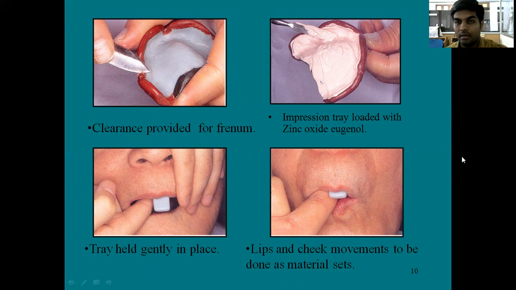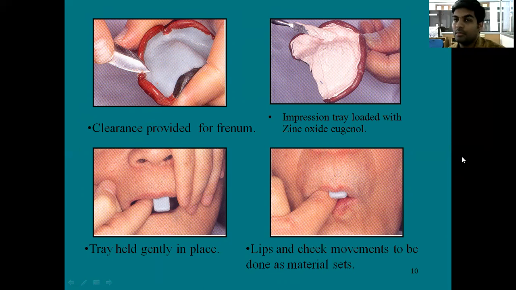So I think you guys know the manipulation of zinc oxide eugenol impression paste. We have already demonstrated during our preclinicals, and I think you guys are all used to using it.